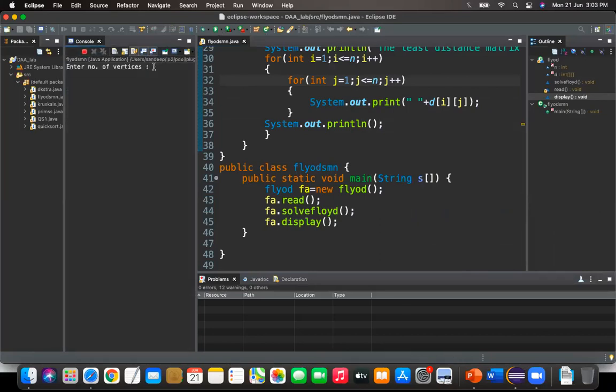So the number of vertices is 5 vertices. Second row value and third row.